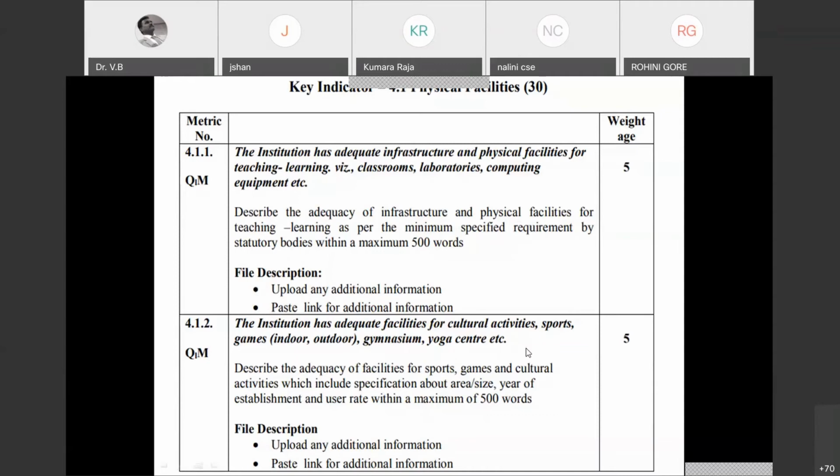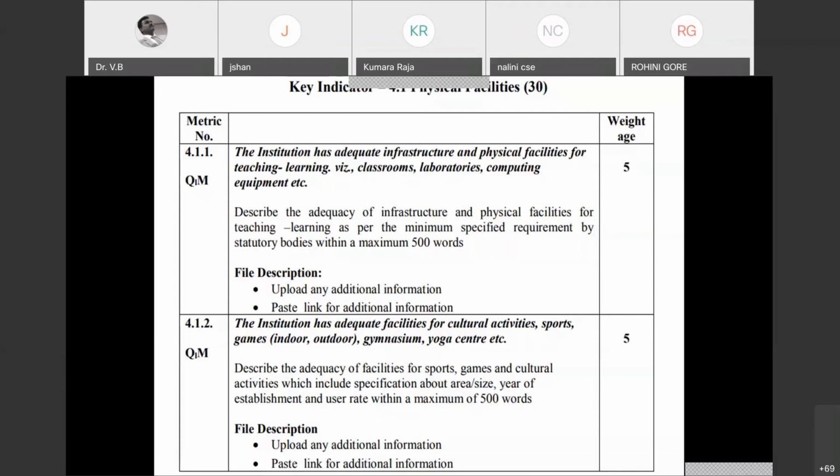And the next one is again adequate facilities for sports, games, gymnasium. It is a qualitative answer, and here you have to include photographs as the supporting documents. And remember, once you are including photographs of the facilities, then NAAC will be asking you to do geotagging. So while taking the photographs in the digital camera itself, you have to keep the settings in such a way that once the photograph is taken, the latitude and longitude, the geotagging, is very clearly seen on the digital version